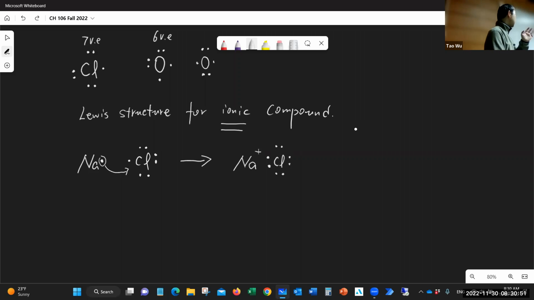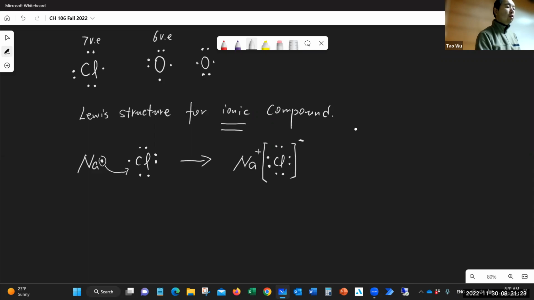8 electrons in the outside to make it stable. So this is a very, very important part. That is why some of the elements eagerly try to gain electrons, and some of the elements eagerly try to lose electrons. They just try to have 8 electrons in the outside and be stable. So the chlorine gains 1 electron, and then they are going to have 1